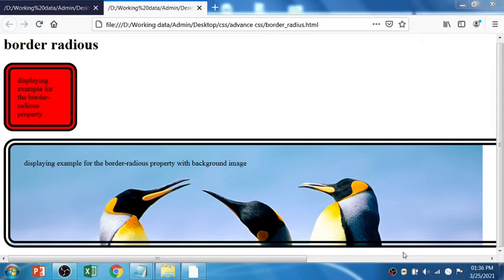In this session, I am going to discuss the practical demonstration for advanced CSS properties. Two properties I'm going to discuss today. The one is border radius and another one is border image. So you can see that on my web browser,